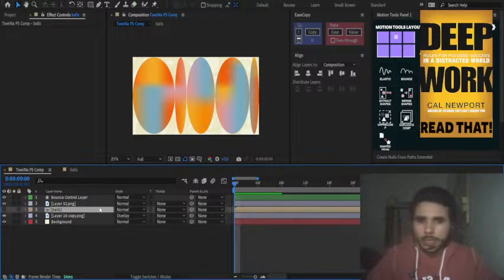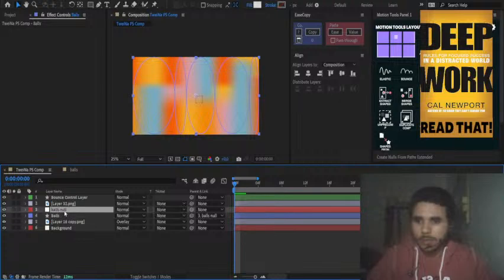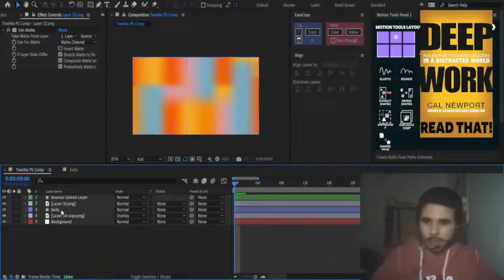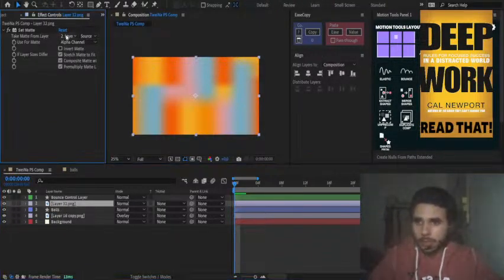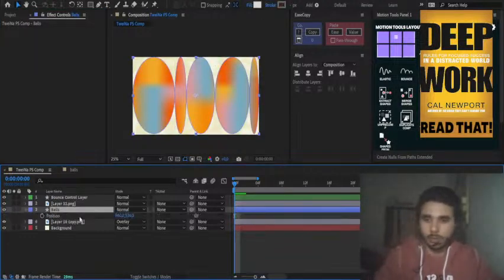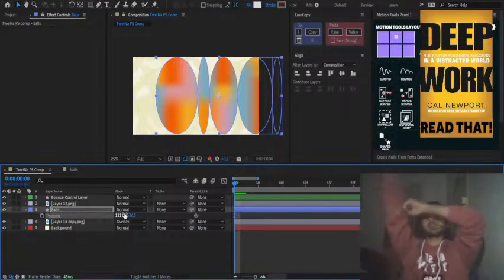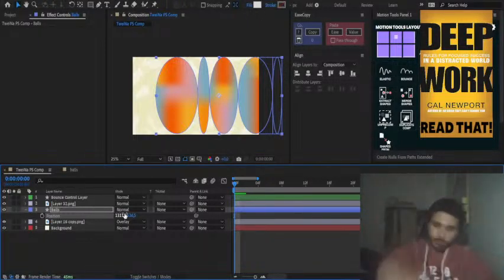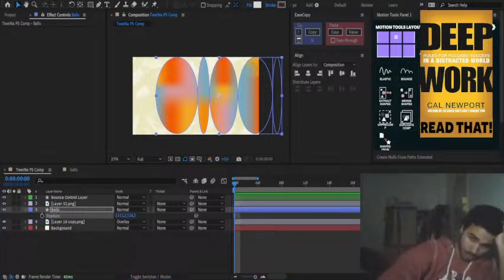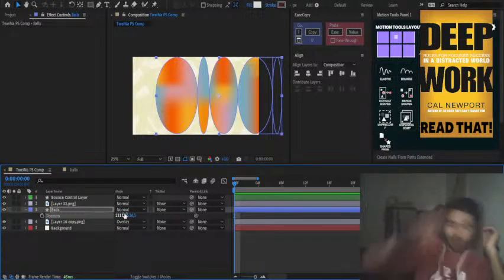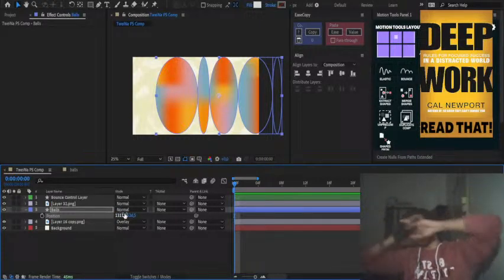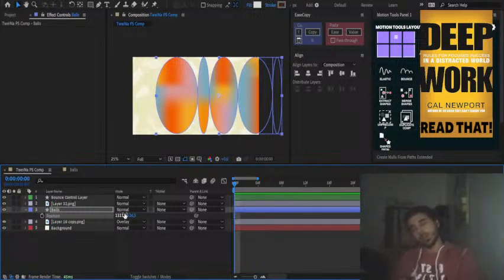And then we can unprecomp this. So there is no null. Why is a null created? Get the hell out of here. And then this is going to be balls. And then we can move the balls now. But here's the idea. We can do that. And we can probably also add the texture. That's going to be relatively easier, I suppose. But now we have the problem of animating these individually. How do I do that? Why is animation so hard?